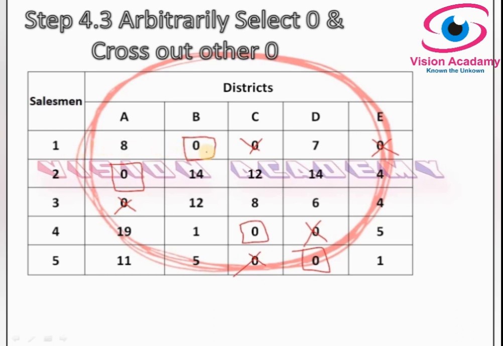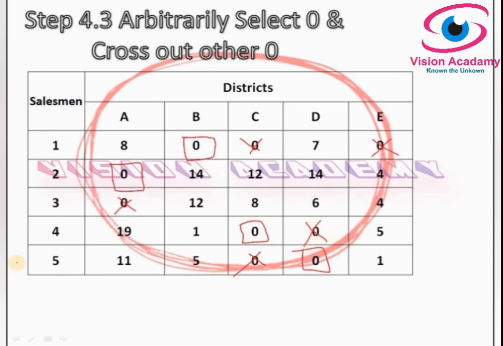I will start from the row. There are no zeros here, and there are no zeros here, and there is a 0 which is struck out, and here it is a 0, and I have given a rectangle around it and struck out this 0. I started in the 4th row and gave a rectangle around this 0 arbitrarily and crossed out the other zeros.